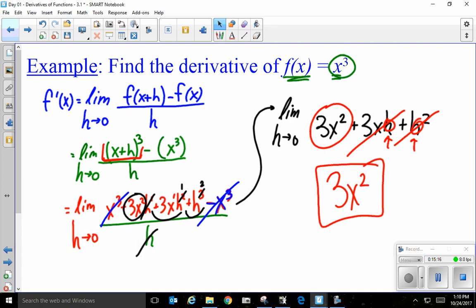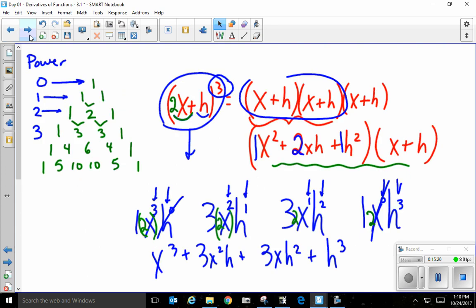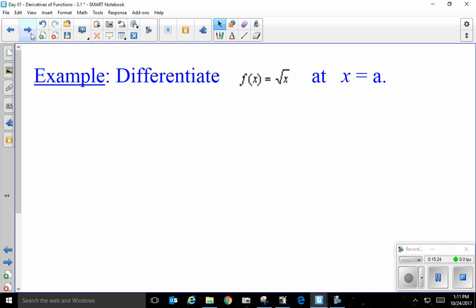All right. Now, let's take a look at the next one. Pascal's triangle. Beautiful. Now, let's take a look at this one here. They want to know right at x equals a. Now, if this was simple, I can still use my limit as h goes to 0, and plug a in for x at the end. I could do that. But sometimes,